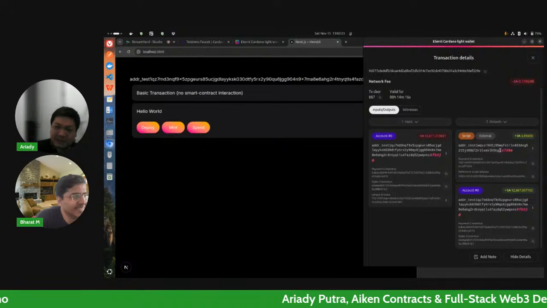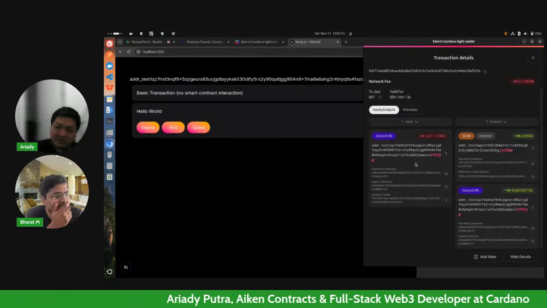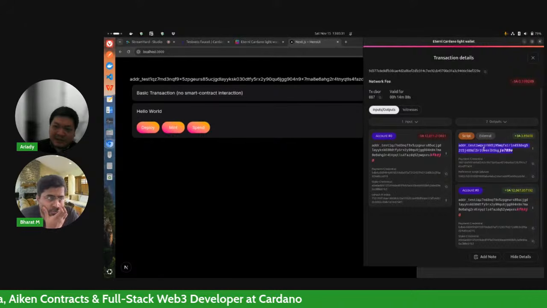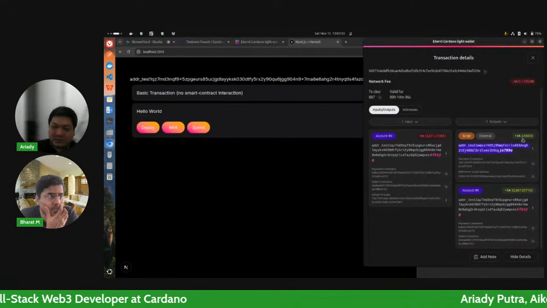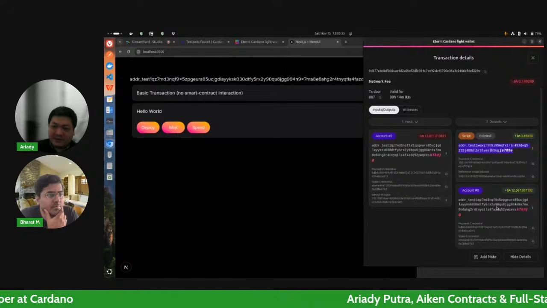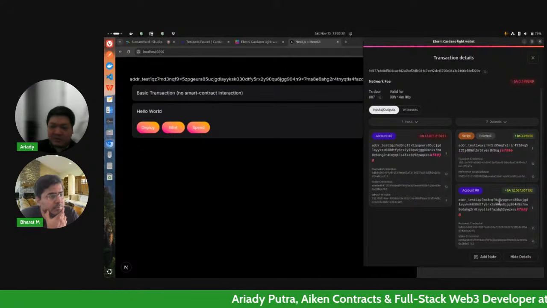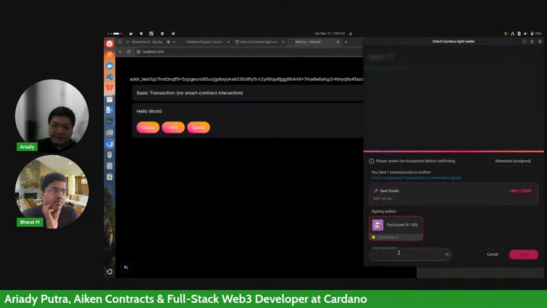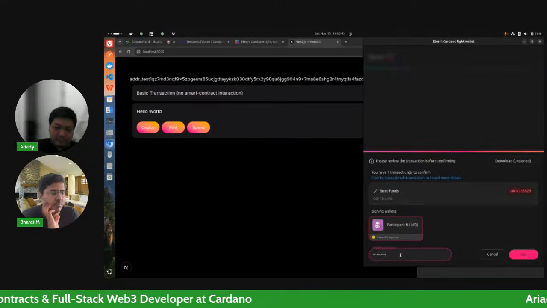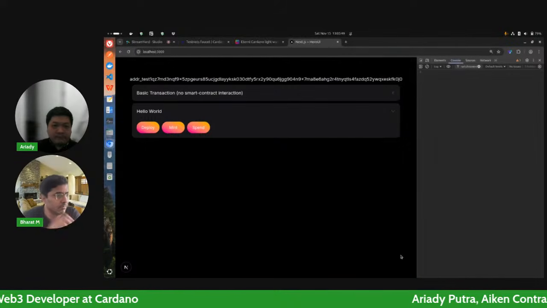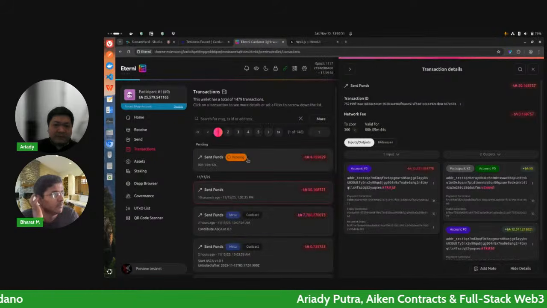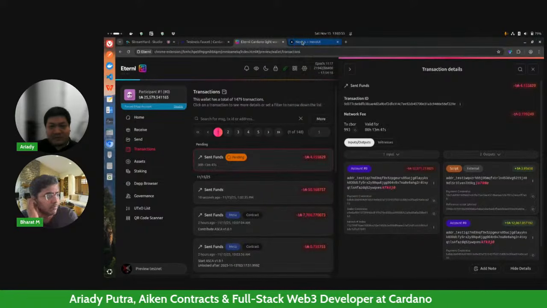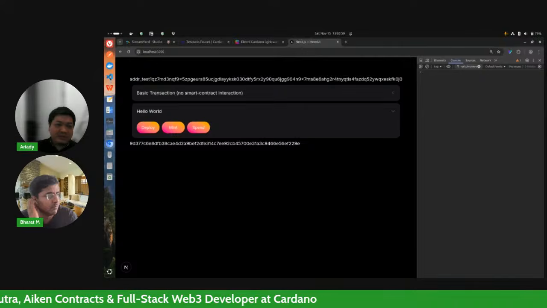So here you can see one input is taken from your wallet. This is the 50 rupee, and then we put something to another address here, and it costs us almost 4 ADA, 3.9 ADA, and then the remaining value goes back to your initial wallet address. So let's just sign this. And then we need to wait for this to submit, but while we are waiting for this, let's go back to the code here.